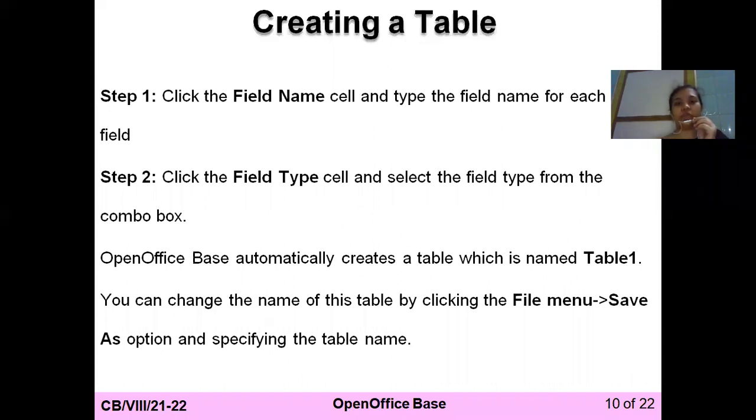Simply, अभी हमने देखा जब आप table बनाओगे, it will show the field name, field type, and whenever you start creating a table, it will ask for the table name, and by default it will be saved as Table1. अगर आपको change नहीं करना हो तो मत करो, it will be already saved. Now, what do you have to write in the field name? जैसे आप टेबल बना रहे हो तो उसके लिए आपको लिखना पड़ेगा रोल नंबर, नेम. You are making the student table, so roll number, name, then the phone number, date of birth, address, etc. and field type आपको according to the field name choose करनी पड़ेगी.